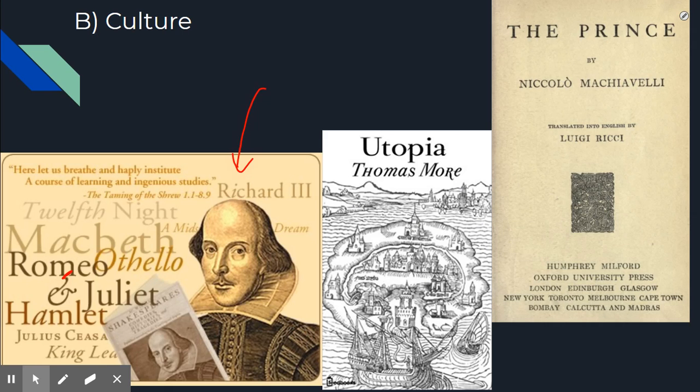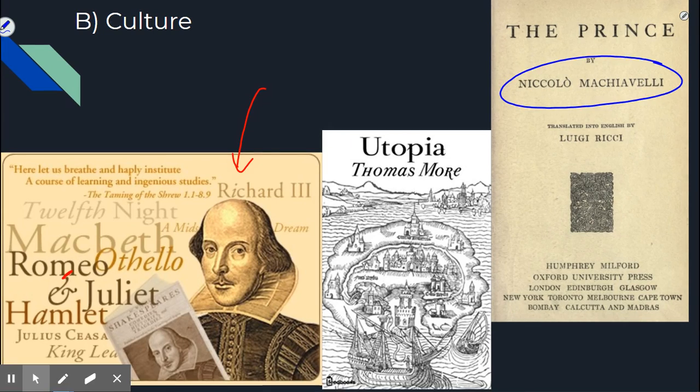You also have people like Machiavelli, who again, was writing in Italian as opposed to English, but still not writing in Latin. Most of the work up until this point had been done in Latin because it was commissioned for church audiences. Machiavelli wrote about what makes a good ruler, and so this idea of philosophers trying to figure out the best way to do things as opposed to looking back at specific traditions is kind of a change. And so we'll read some Machiavelli and try to break his stuff down in class as well.